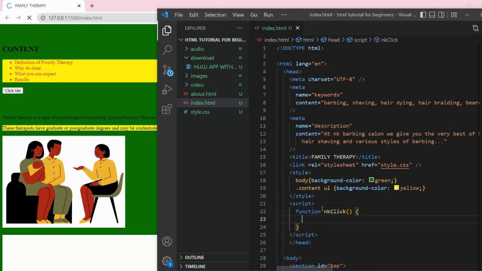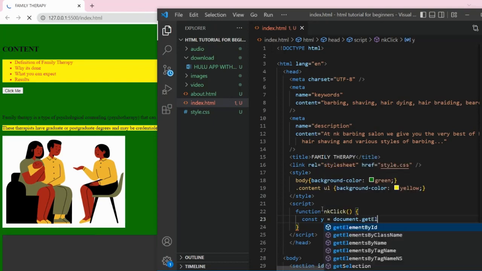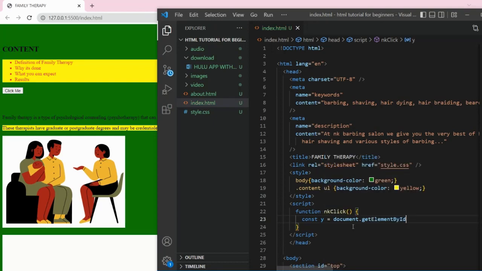Now let's use a constant y, which is equal to document.getElementById. What this line of code is trying to say is that